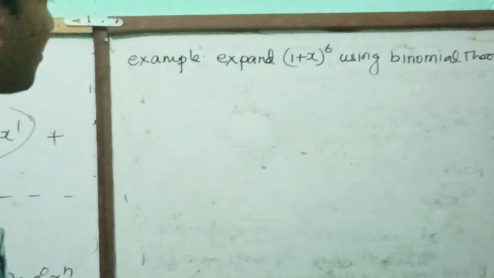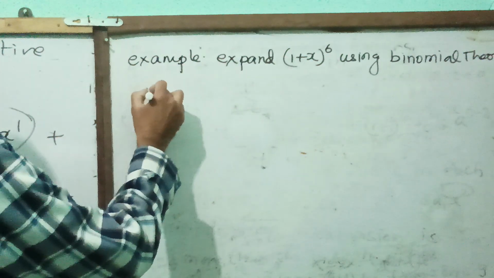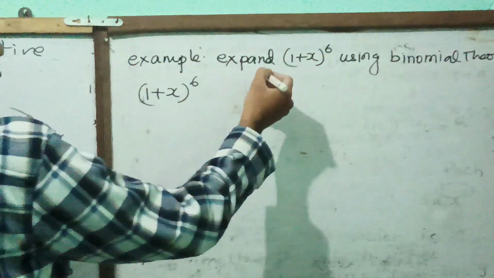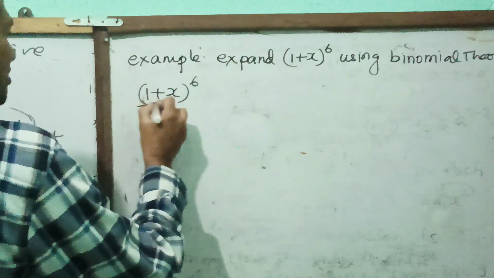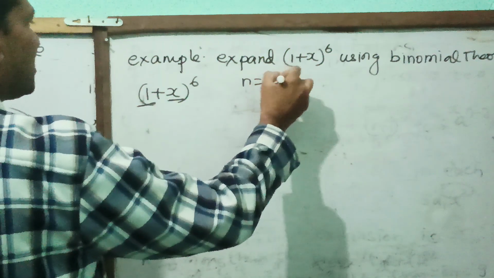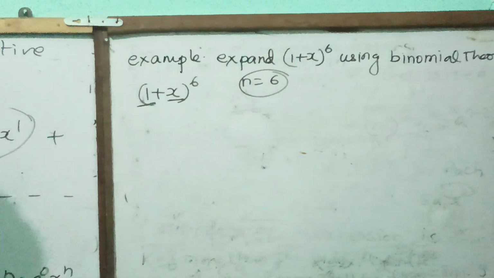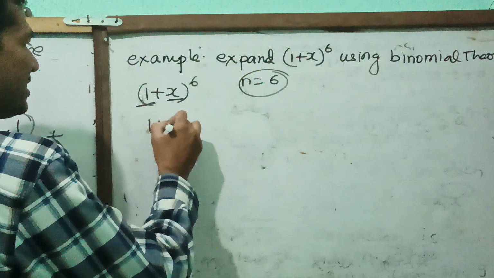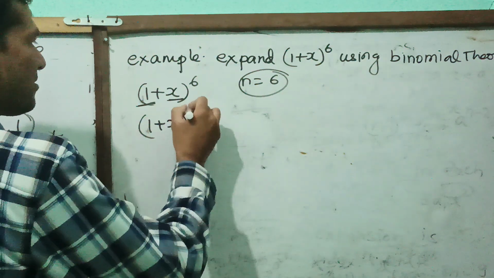So this is (1 + x) to the power 6. What we are getting over here: first term is 1, second term is x, and n is equal to 6. So simply we can do this expansion. (1 + x) to the power 6 means